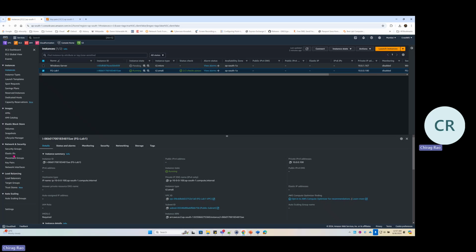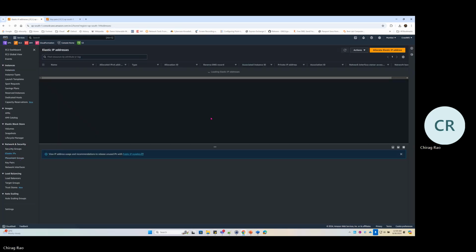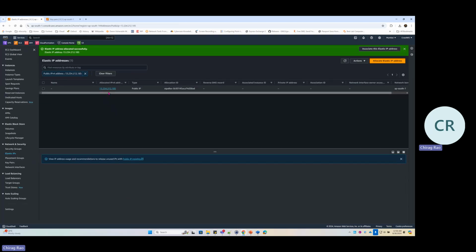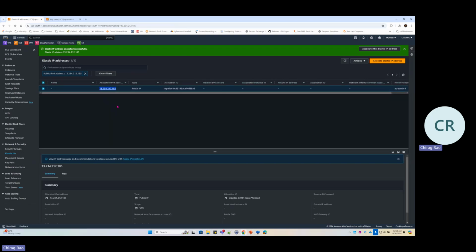To create that public IP, which is called Elastic IP, on the left panel in the EC2 dashboard, go to Network and Security, Elastic IPs, and click on Allocate Elastic IP Address. And here I will show you what this tag is, because that is important, but I will create this particular Elastic IP without a tag, and then I will show you what it means. Okay, so here is the public IP which is allocated to us instantly